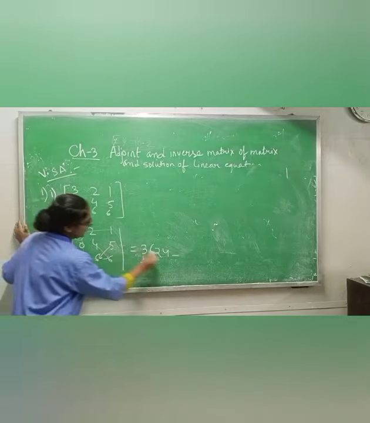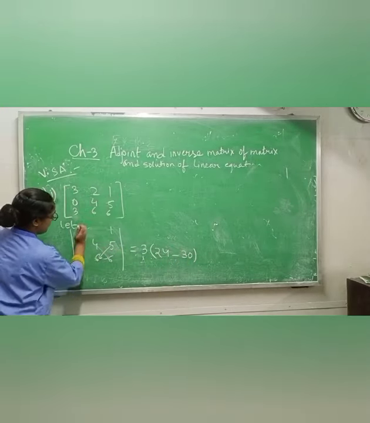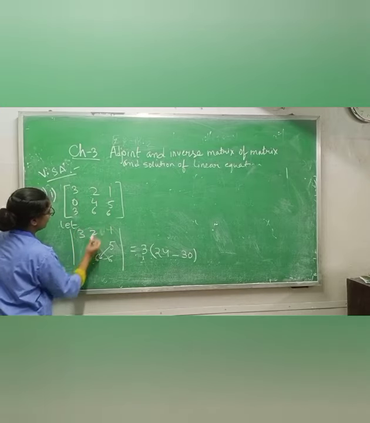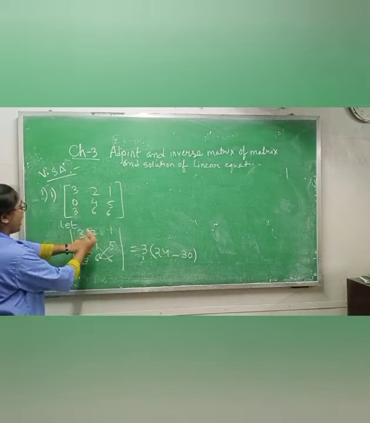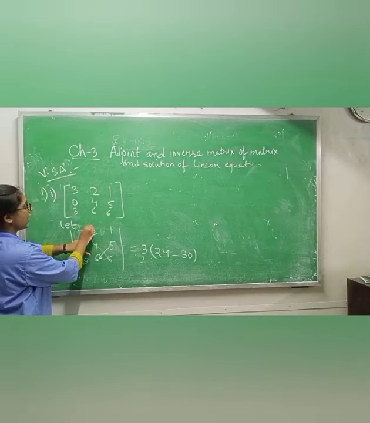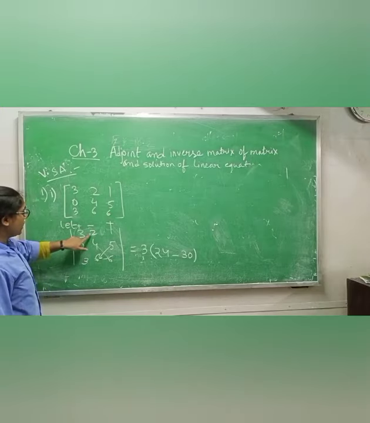Then again 6 5s are 30. Now I will write 3 2 1 0 3. Now I am writing this. As we know, here we have plus sign, here we have minus sign, again we have plus sign. This one you know. Okay, now I have to write